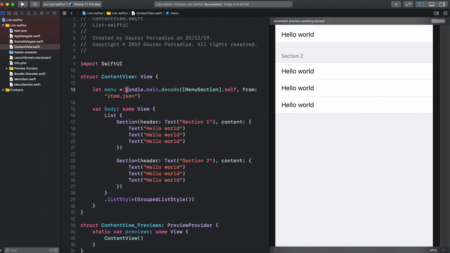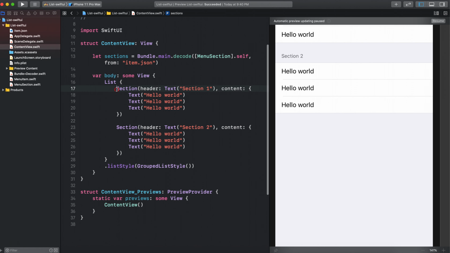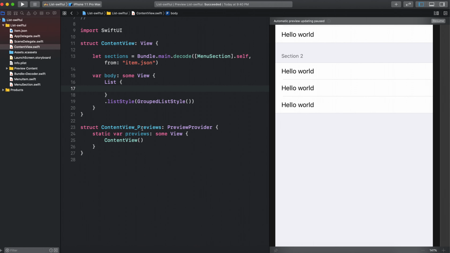So this line will convert the JSON data into the array of menu section. So this menu variable, let's call it sections actually. The sections variable will contain the array of menu section objects. Let's remove this,